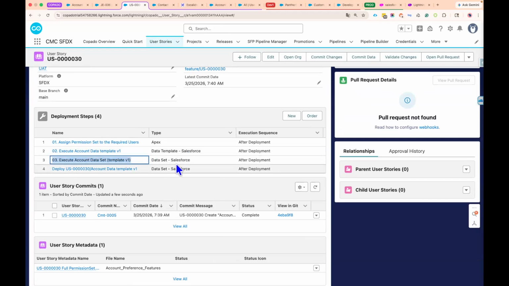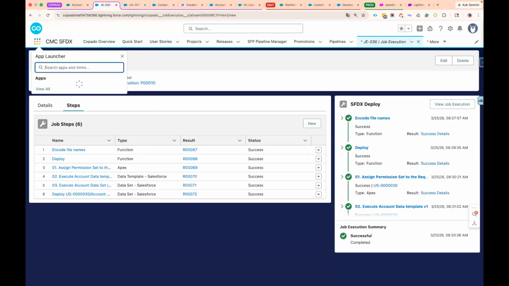Step number 2, data set Salesforce. It already had got 2 records. So what has happened? It created 2 records, 2 account and 2 contact. This time, what has happened as part of step number 2, because in our data template, if you look for the data template for the account object,